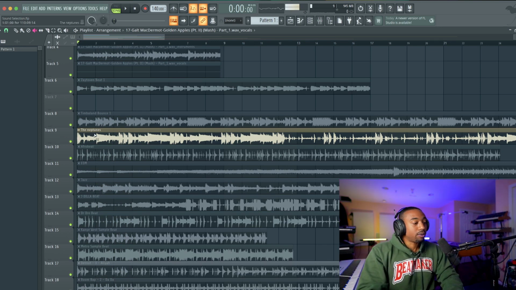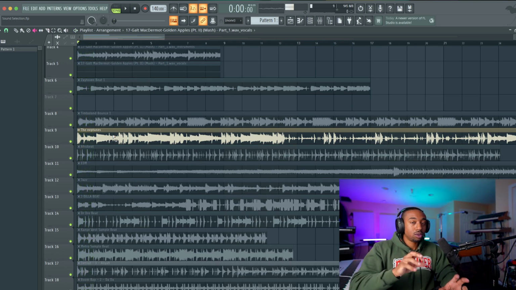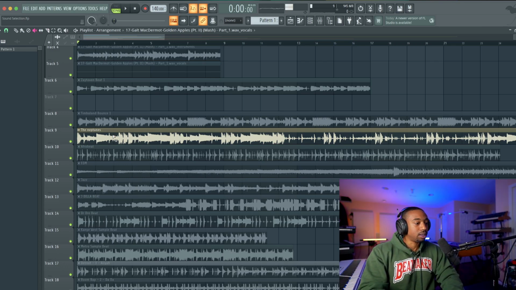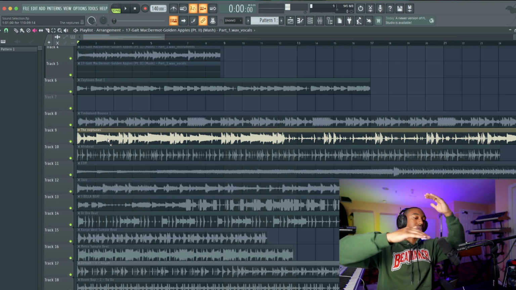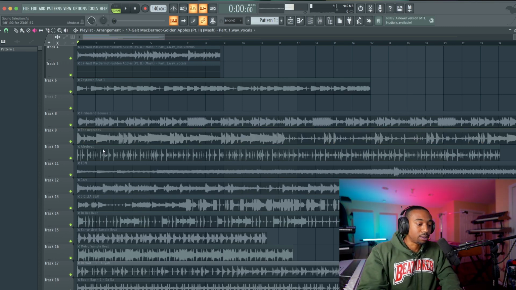For the instruments, we have a Rhodes piano. We have that woo-woo synth lead. We have some strings, and then we have the Rhodes, the high-pitched keys. You have that guitar. So now you're starting to break stuff down into bass, drums, instruments, vocals. Everything starts to make more sense.